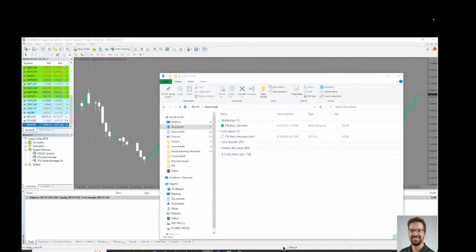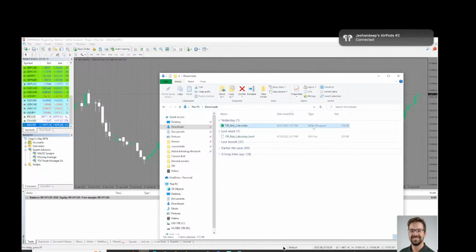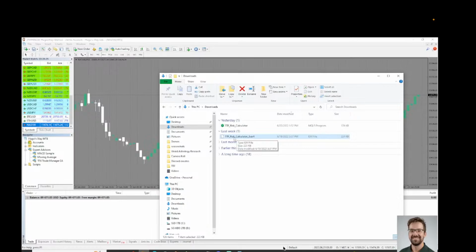So for MT4, as you can see, I have both files. It will be the EX4 file. This file, the MQL5 program, will be for MT5, so don't worry about that one. So if you're using MT4, worry about this TTF Risk Calculator 3 EX4 file. So once you have that downloaded, once you have found that on the website in the Get Smarter section,